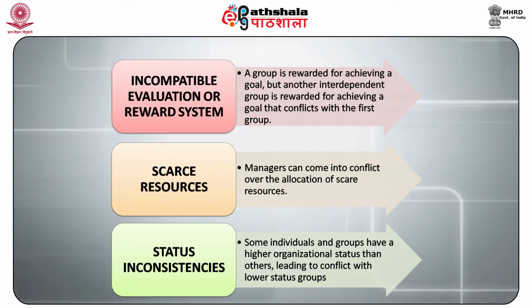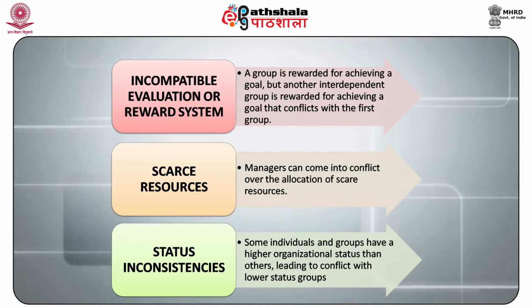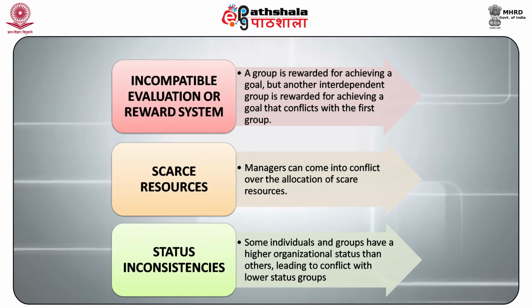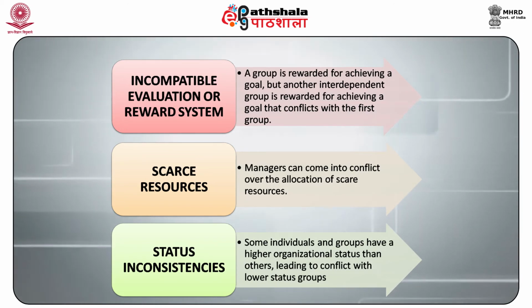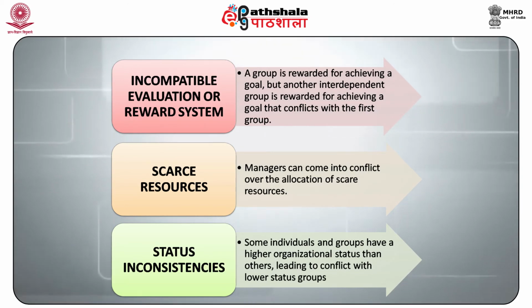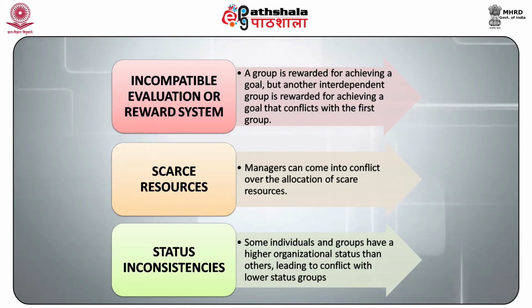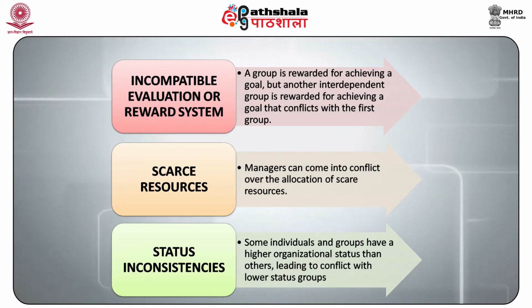Incompatible evaluation or reward system. A group is rewarded for achieving a goal, but another interdependent group is rewarded for achieving a goal that conflicts with the first group. Scarce resources. Managers can come into conflict over the allocation of scarce resources. Example, if one team is provided fewer resources in comparison to another team to perform the same function,